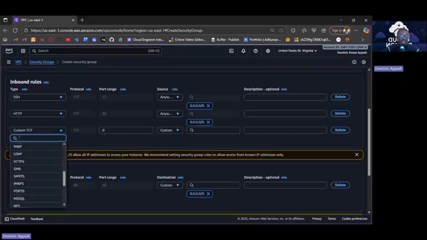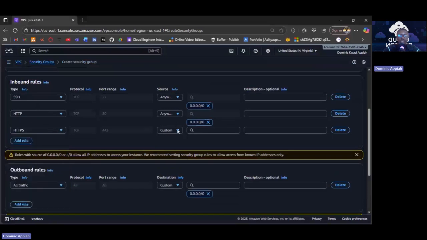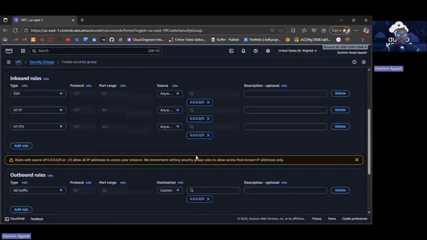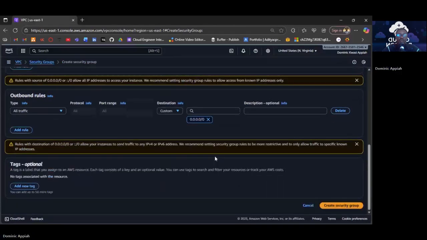Other than that, we will not give it anywhere for SSH, for example. And then HTTPS. I think that HTTPS is more secure than HTTP, so we are just allowing the two just in case. Most browsers nowadays will not permit you to use HTTP, so you have to use HTTPS. So I think we are good to go. Let's save. Let's create